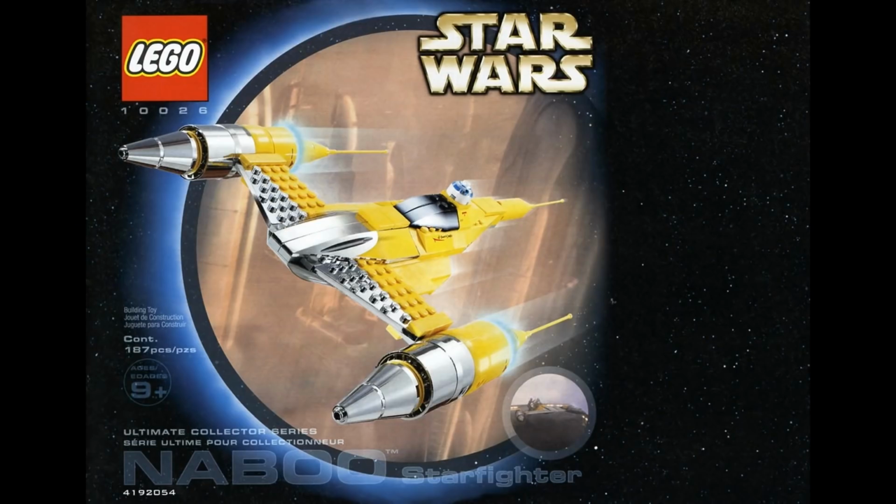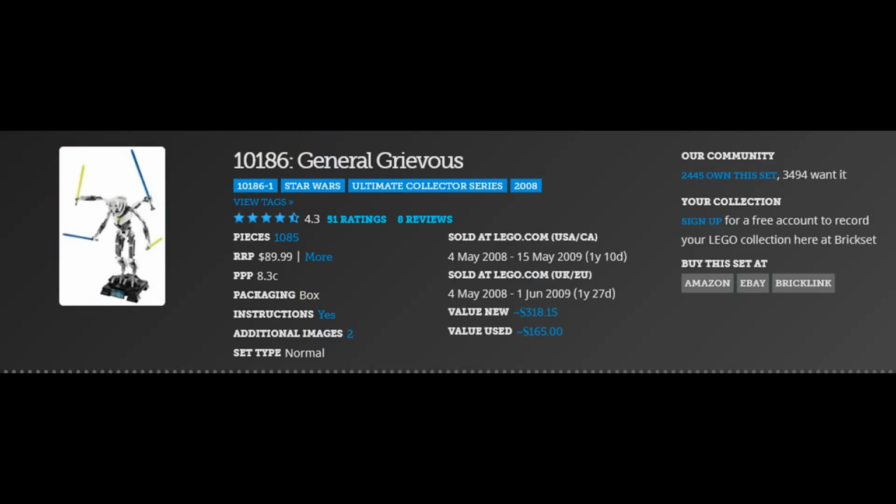And yeah, they did have the chrome parts, which was really nice, but again, I've seen a lot of people complain about just how tiny this is and how it really shouldn't be counted as UCS because of that. And as someone who owns this set, I have to agree, it looks nice, but there's nothing really collector about this. And I'm guessing it didn't sell too well because we did not get another prequel set until 2008 with